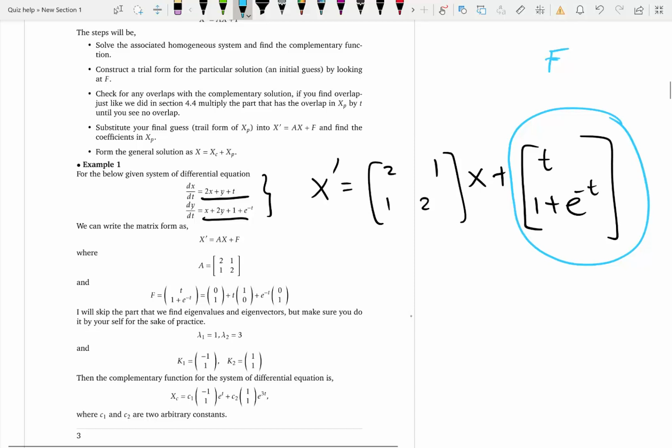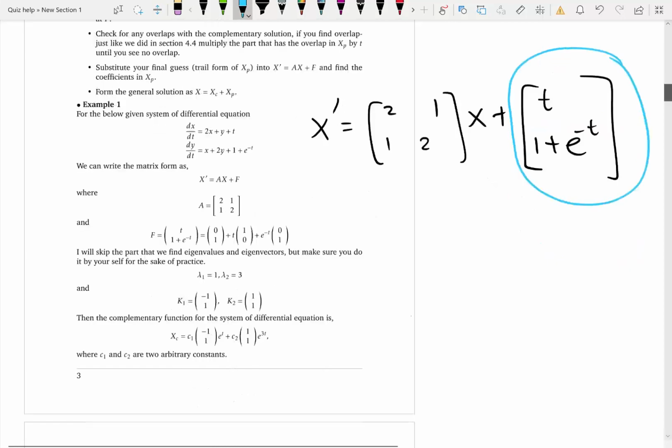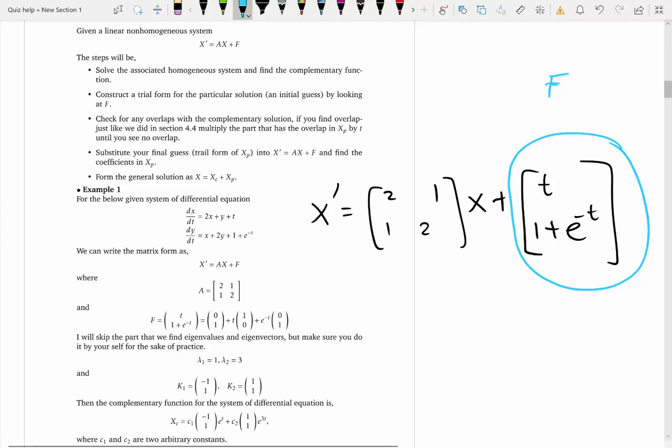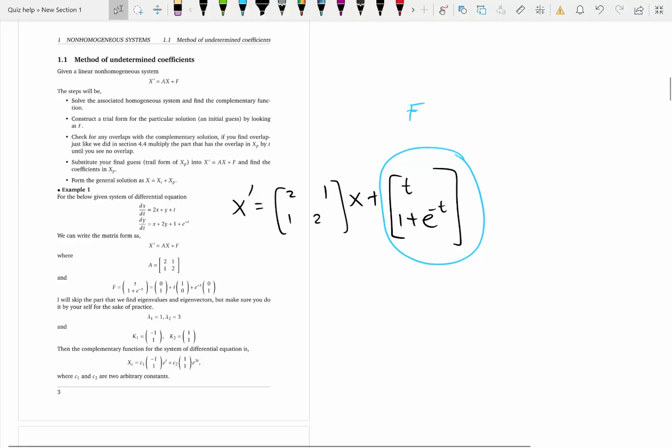Now the other difference comes from when we are dealing with overlaps. That is a story for the next video. So here let's learn how to write the correct trial form, or how to come up with the correct guess when you have a vector as your non-homogeneous part. What you do is, when you look at this non-homogeneous part F, keep it aside,